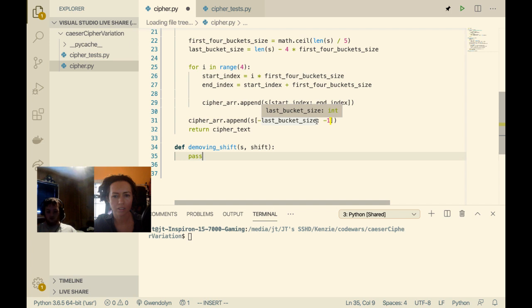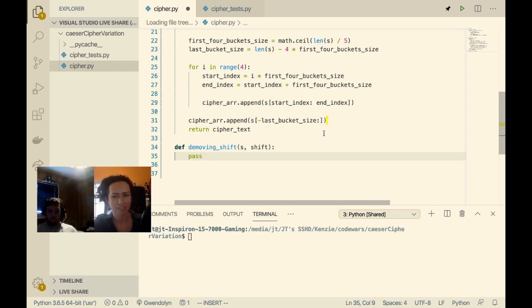No, without the colon. So negative last bucket size. Let's say the last bucket is 3. Because just a negative 1 by itself would slice the last character, right? Oh, never mind. I don't think you need the minus 1. Never mind. I think I might need this, though, because this will just grab a single character. And then this should go to the end of the array. No, because if you do negative 2, it just slices to the end, right?